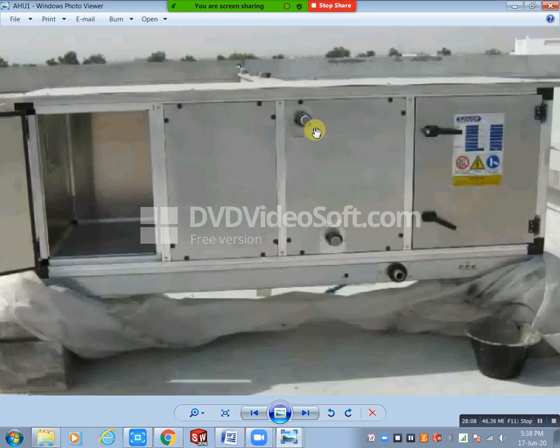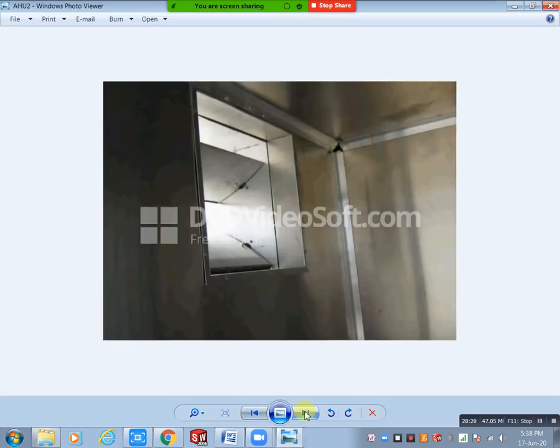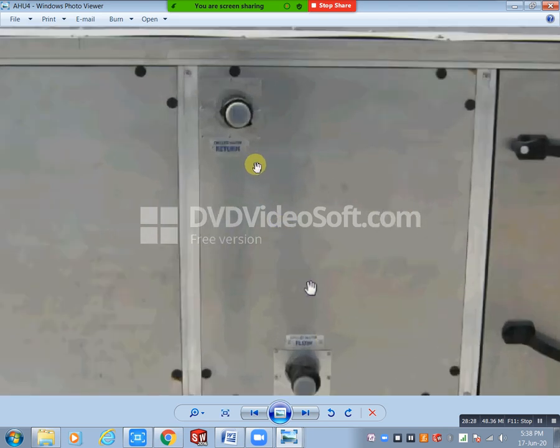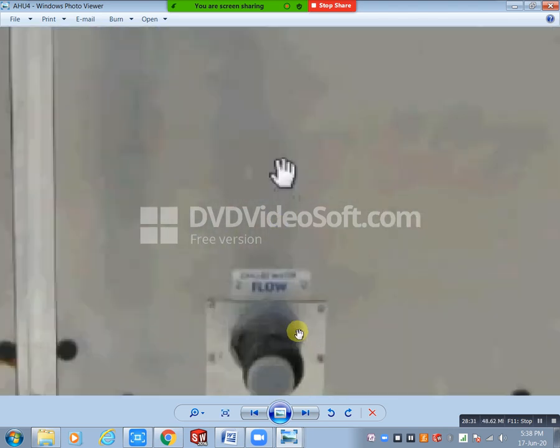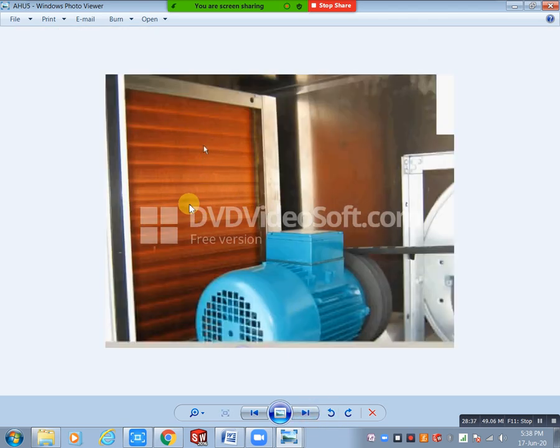This is the mixing section for outdoor air intake. This is the filter and the mixing chamber. Next you can see chilled water return and chilled water in. If you know refrigerant, this is the copper coil. Here we have a belt setup with motor. Here we have copper tubes and copper fins. In some cases we have copper tubes with aluminum fins, but here both are copper, and the heat transfer rate increases.